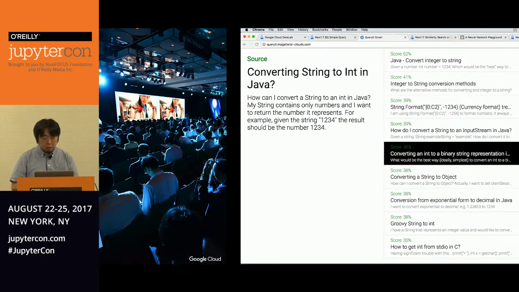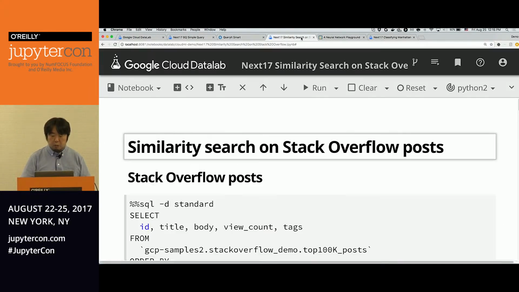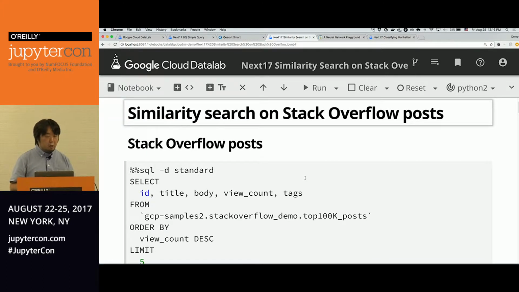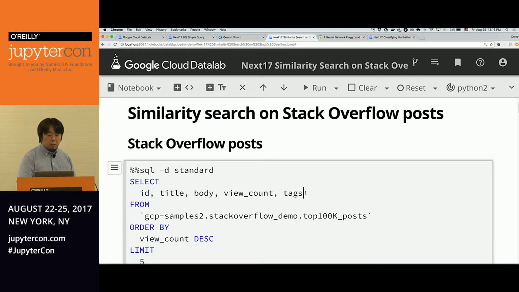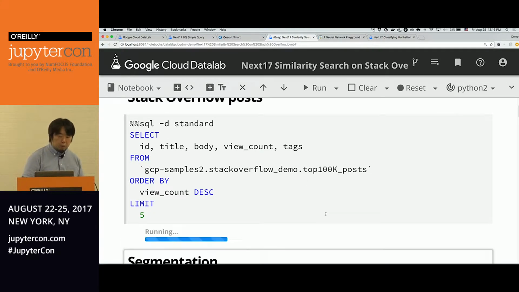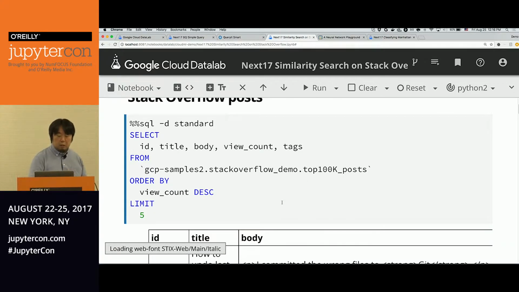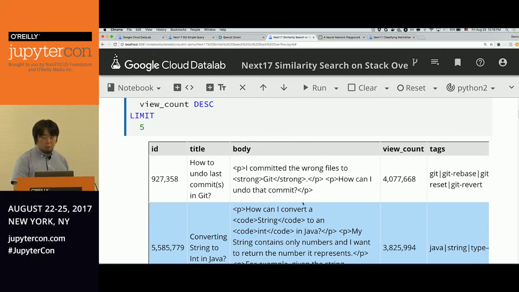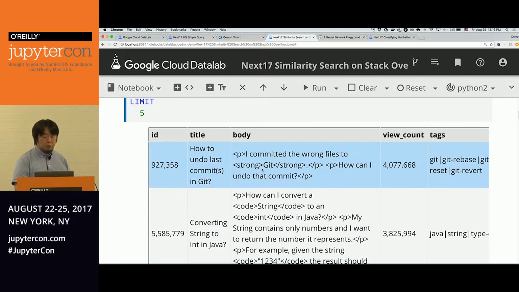So let me actually show the demonstration how I have implemented the document similarity search by using Cloud Datalab. So again, you can directly write down your SQL inside Datalab and execute it. So this is the simple SQL to look at what kind of the content you have on the BigQuery other Stack Overflow questions. So the table has the title and body columns